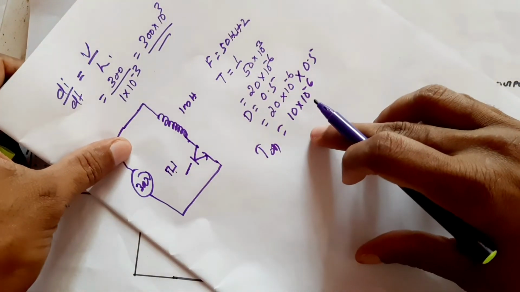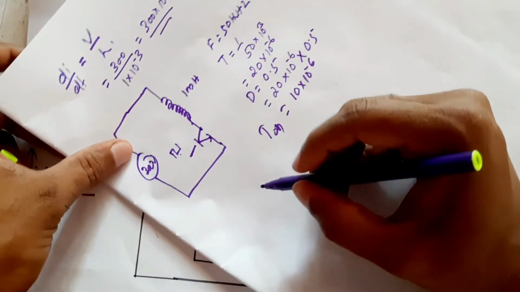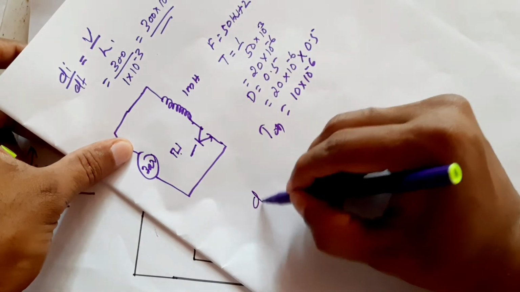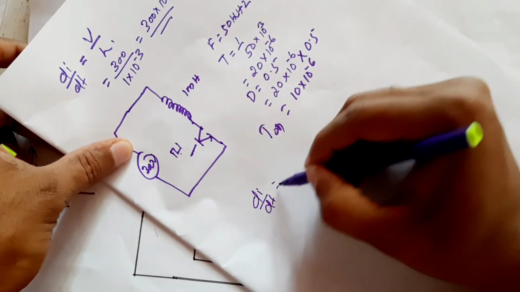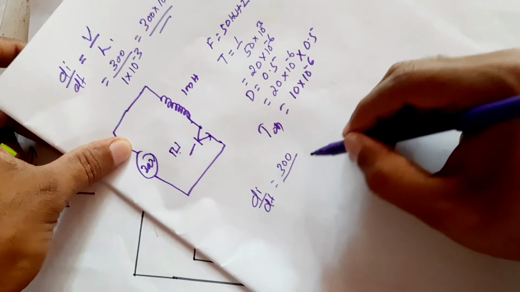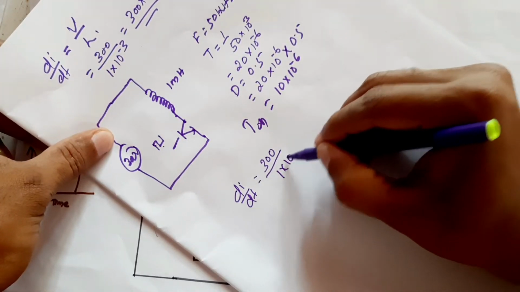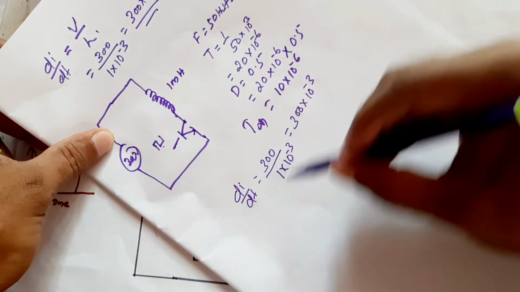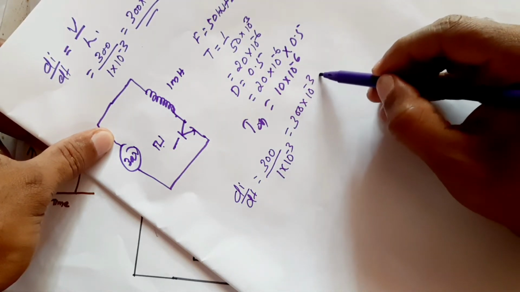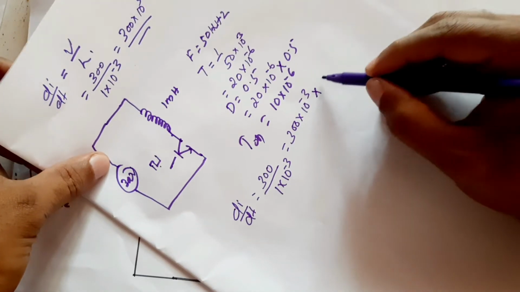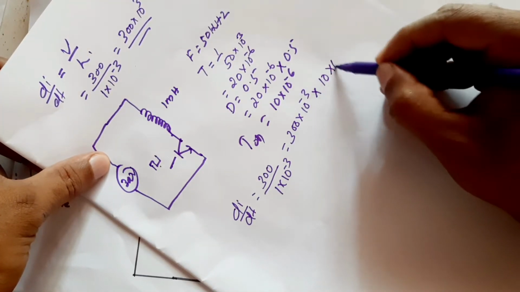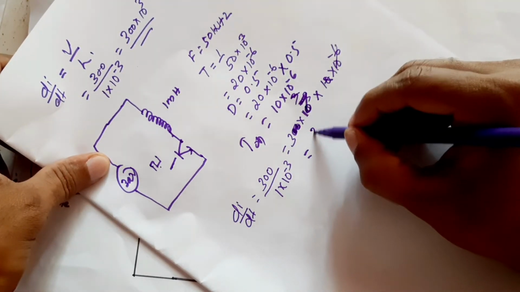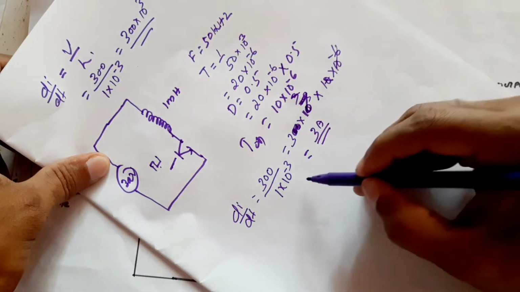Then what will be the current by that time? We have V/L, which is di/dt, equal to 300 divided by 1 millihenry, given by 300 into 10 raised to 3 for 1 second. If we turn on the transistor just for 10 microseconds, 10 into 10 raised to minus 6, this will be 3 ampere. That means in 10 microseconds,